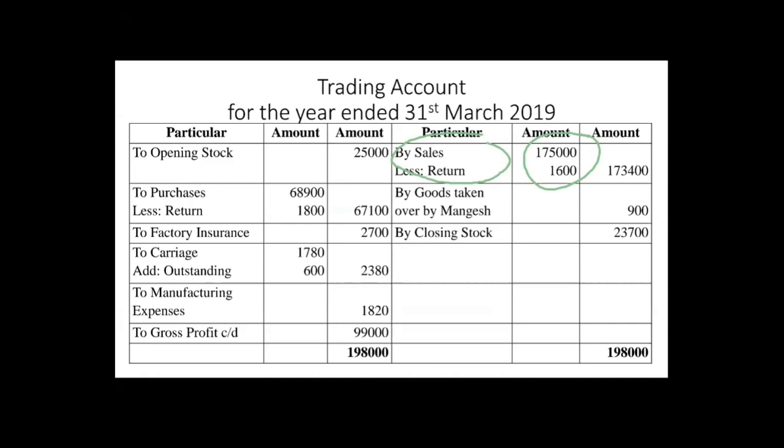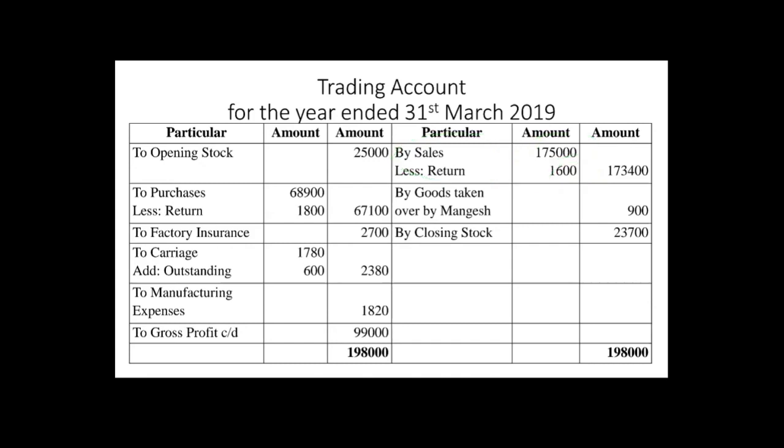Still we have not seen this side, we are on the debit side. So less return, return inward given, how much? 1600. So if you will see over here, 1600 is mentioned. Okay, so as I said in the last lecture also, on purchase and on sales, whether the return is there or not, you have to mention it. If it's not there, just put a dash over there, and you can put the amount as it is outside. But do mention it because it will help you to practice it. For set हो जाता है दिमाग में format.